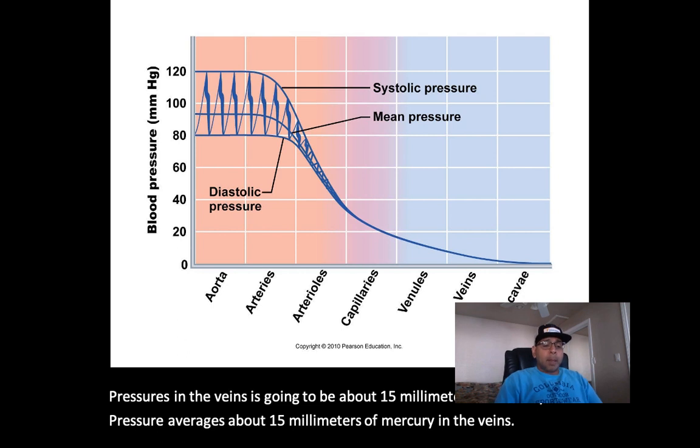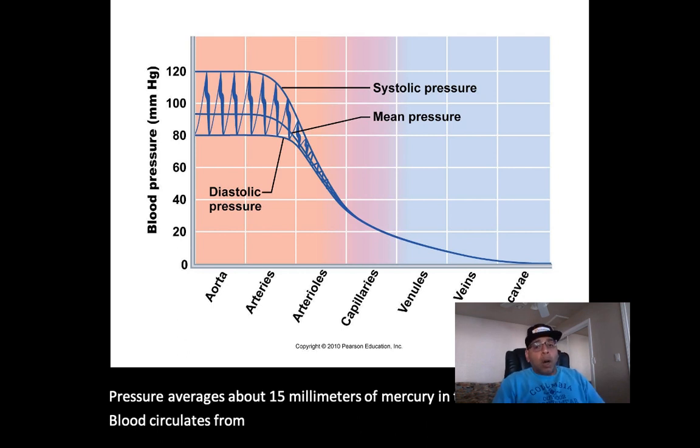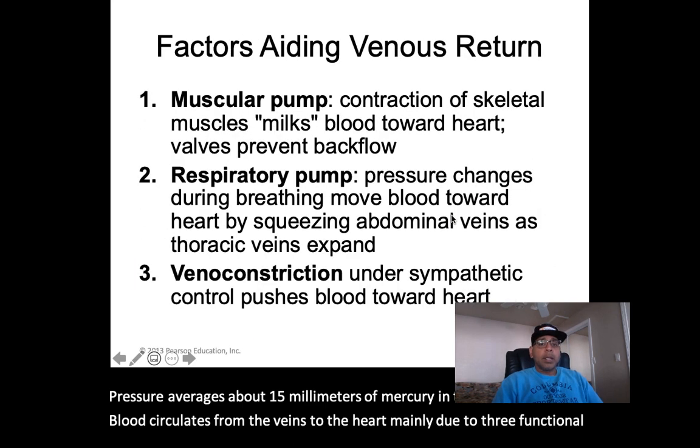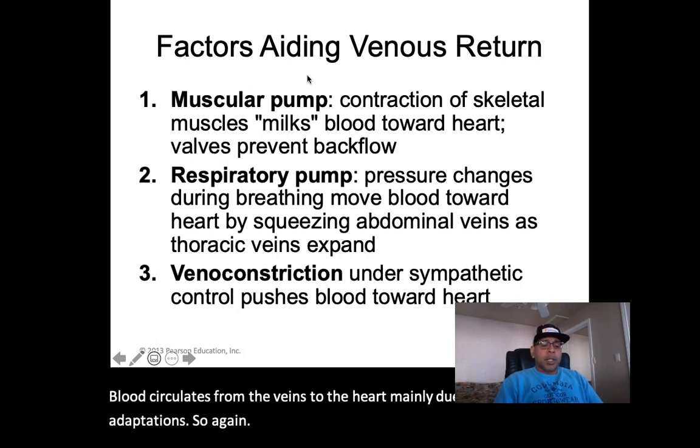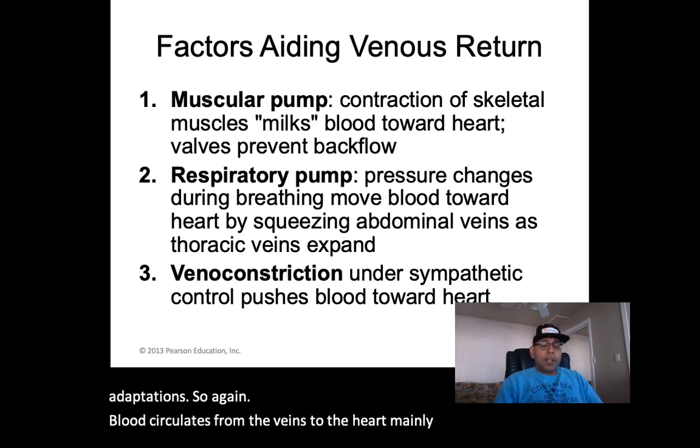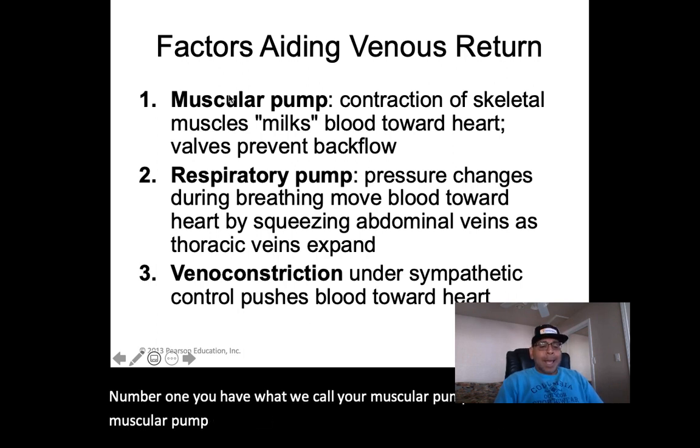Blood circulates from the veins to the heart mainly due to 3 functional adaptations. Number 1, you have what we call your muscular pumps. When we talk muscular pump, it's talking to us about how skeletal muscle activity is going to help pump blood